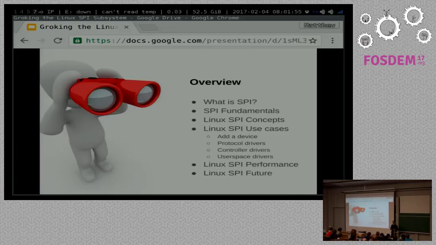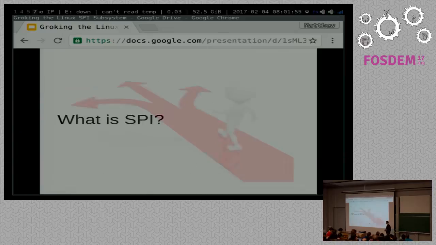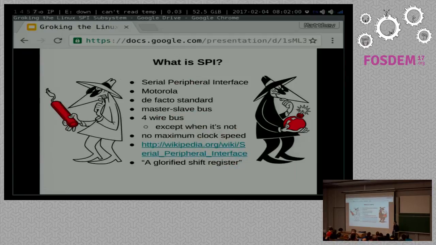All right, so getting into what SPI is. So serial peripheral interface. Motorola developed this. It's a de facto standard. So if you're hoping for a written spec with a committee, you won't find it here. It's a master-slave bus, 4 wires. And we'll talk a little bit about the signals coming up here, except when it's not. So